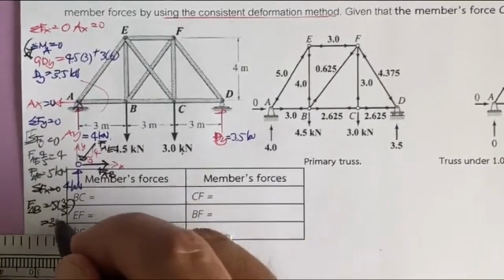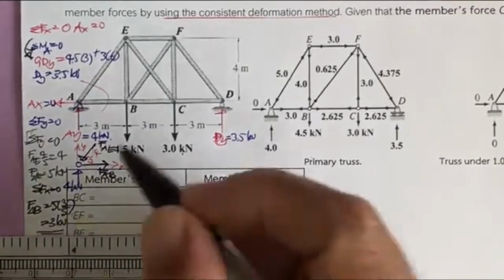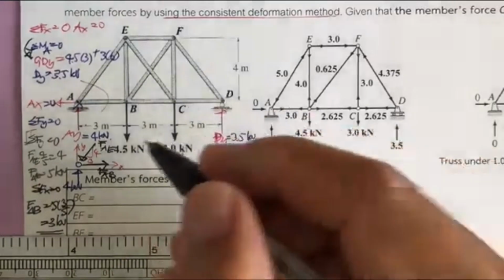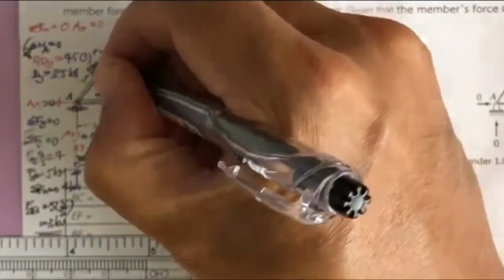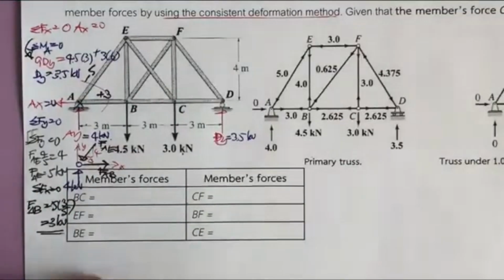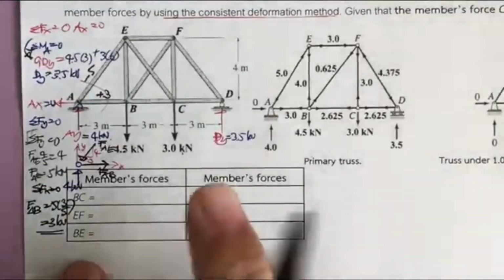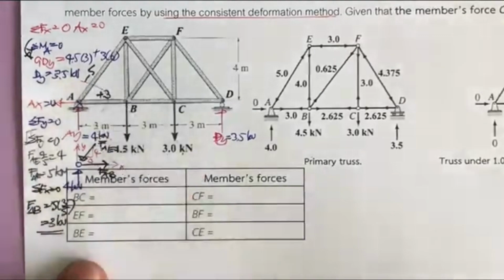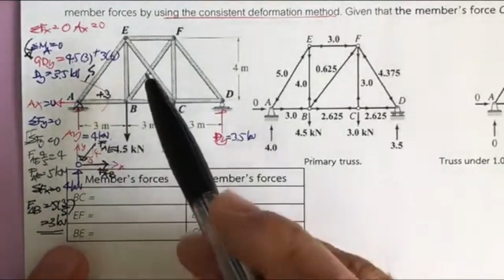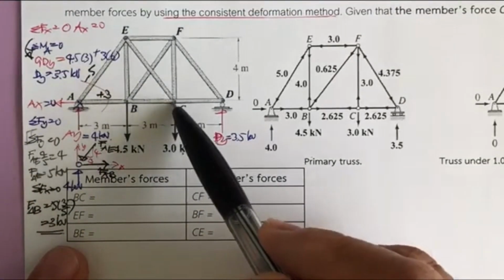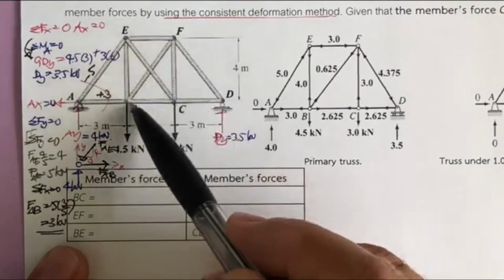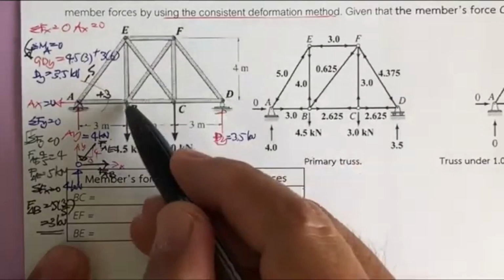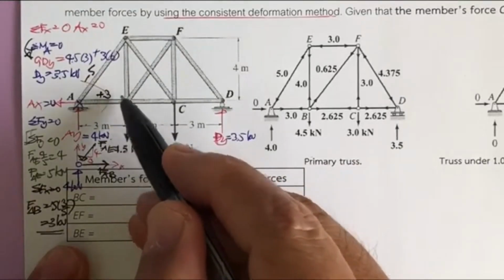That is going to be 3 kilonewton. Okay, you can solve everything, and now you get this one plus 3, this one minus 5. And you may see what they're asking us. They didn't ask us for what I'm doing here. They asked us for the member BC, member EF, member BE. And after you know this, even though you know the force here, you cannot cut here